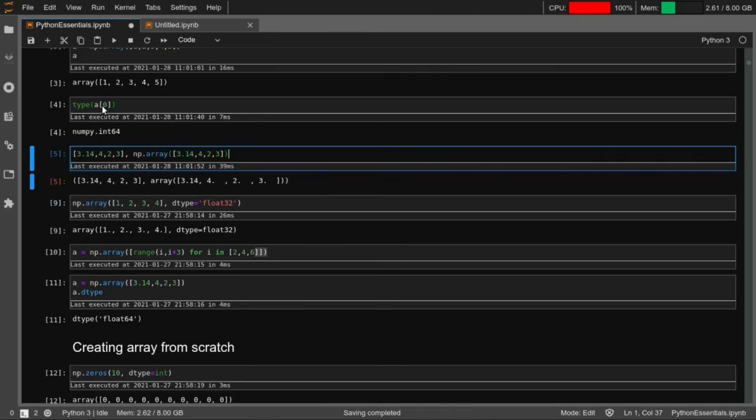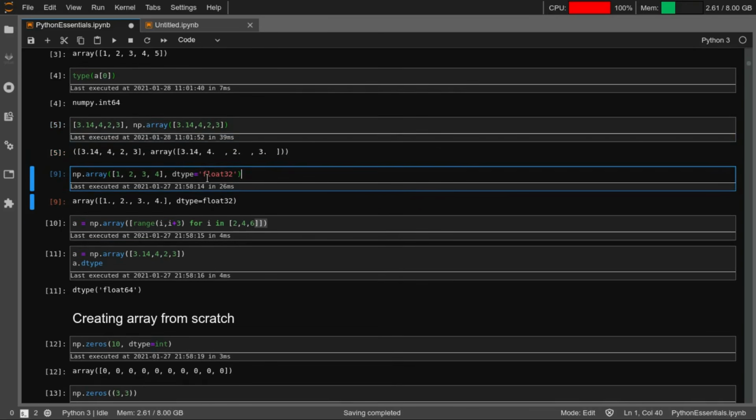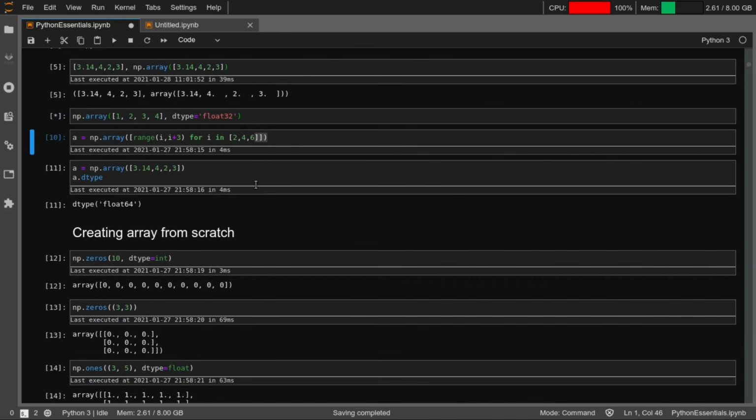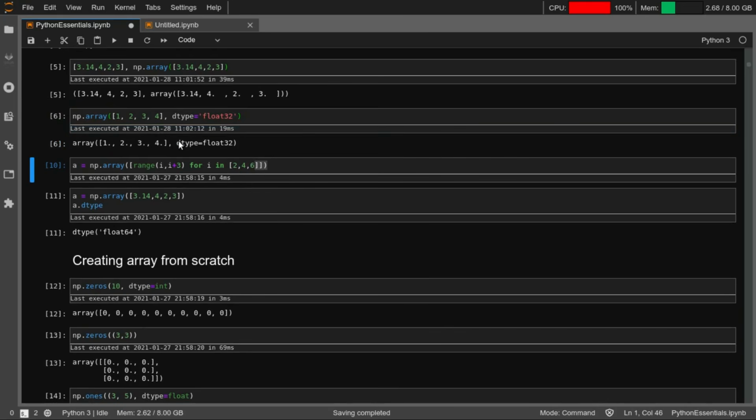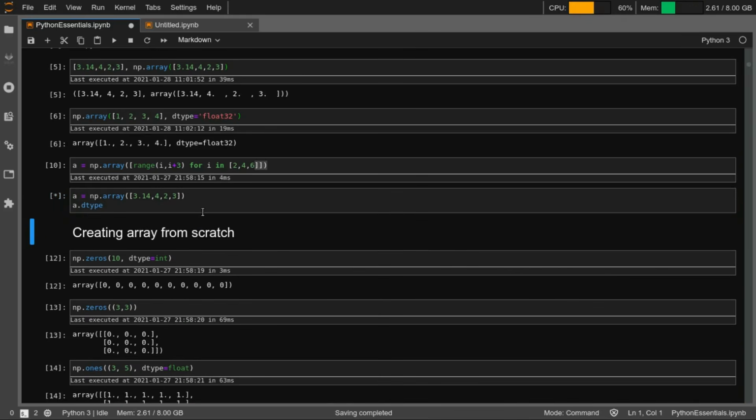You can also declare your floating points, in addition to the integers that we have seen earlier. If you want to use a particular data type, you can also mention that, float32 or float16. Pretty straightforward. You can see that all this is defined with float32. I think by default you will get a float64. I think this is what we have demonstrated in the cell here.